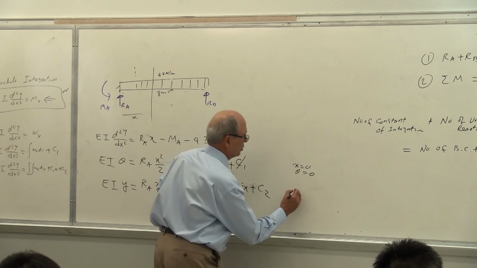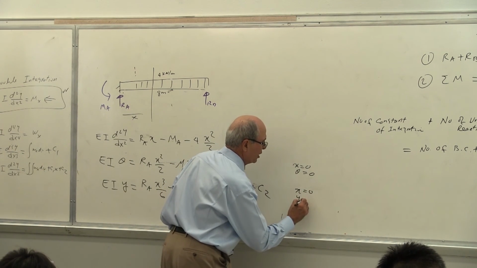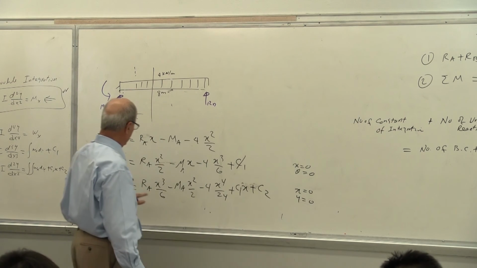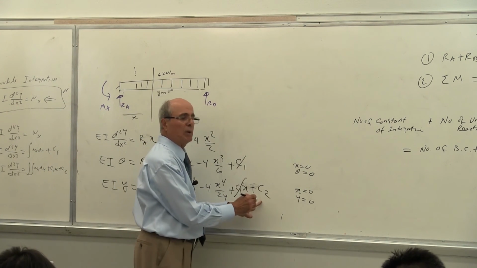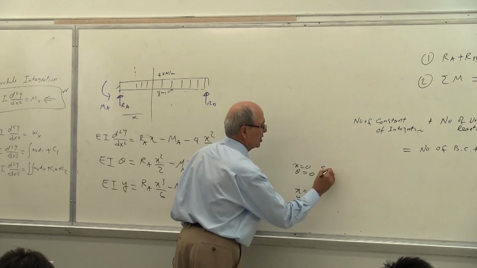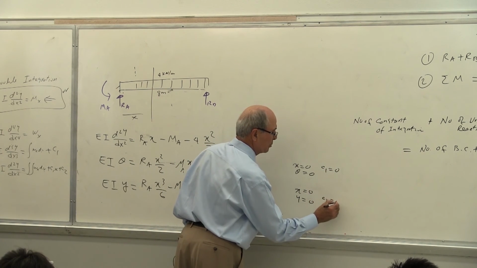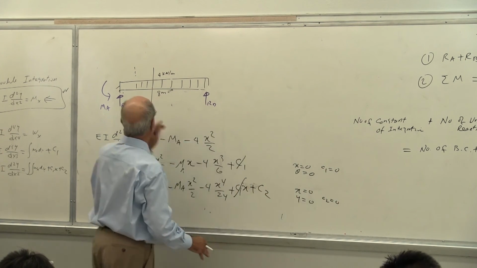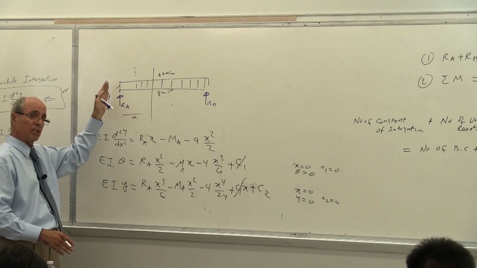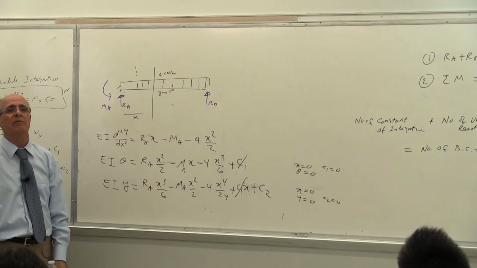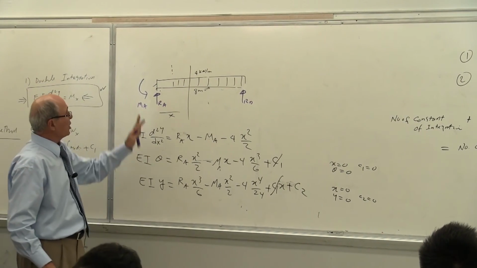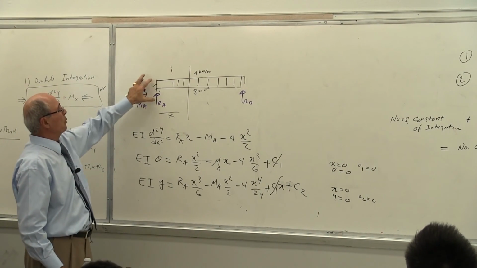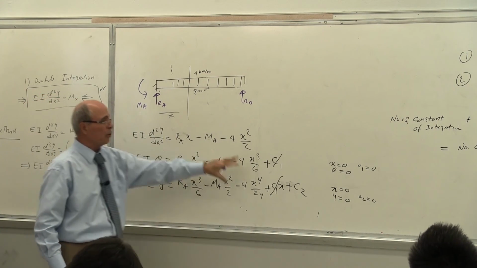At x equal to 0, y equal to 0. So again, 0, 0, 0. This is already gone. C1 equal to 0, C2 must be equal to 0, but check it. Sometimes this is not true. If you do not have a fixed support here, one of them should be 0. Everybody understand that. The other one you have to calculate, yes? But this problem actually is simpler. To put a fixed support here actually is to your advantage.